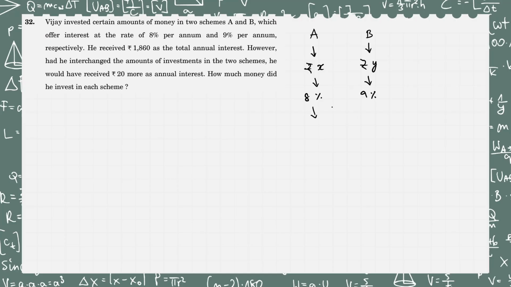So both of them are getting simple interests, which we are going to call SI1 and SI2, and both their sum is